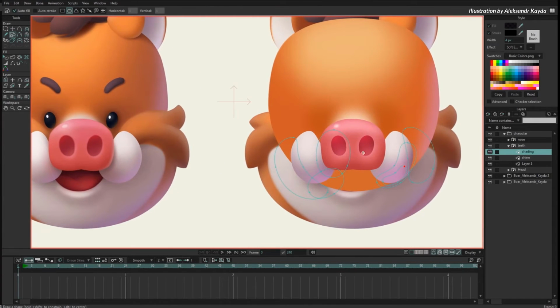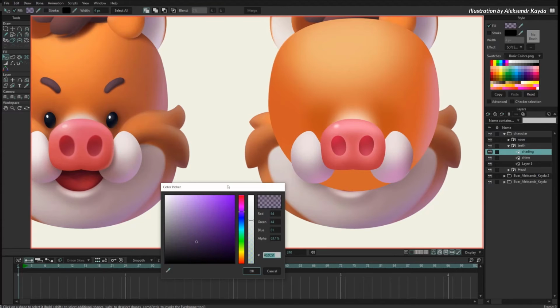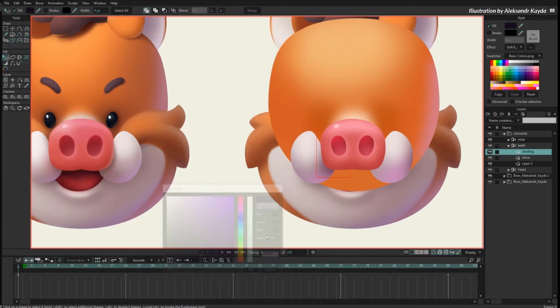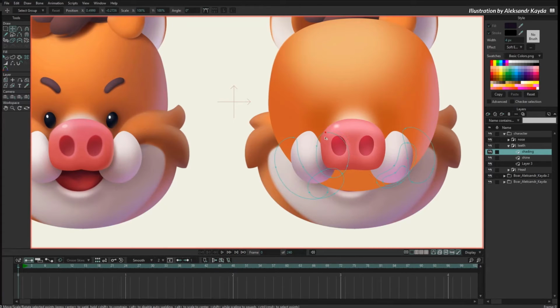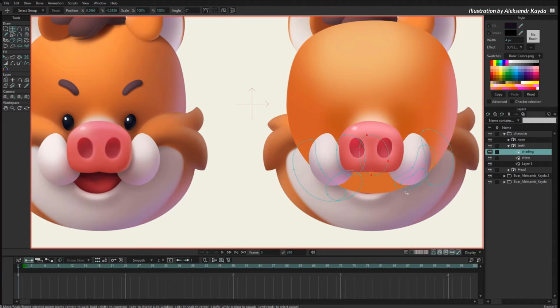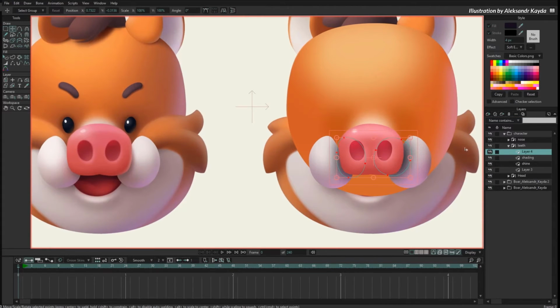And finally, I'm going to take this one and make it way darker. Maybe not blue, maybe like that. So this is like the shadow of the nose over the teeth. So I will copy and paste this one and I also apply it here. In this case, actually this shadow I will cut these shapes and I will create a new vector layer and put it here,